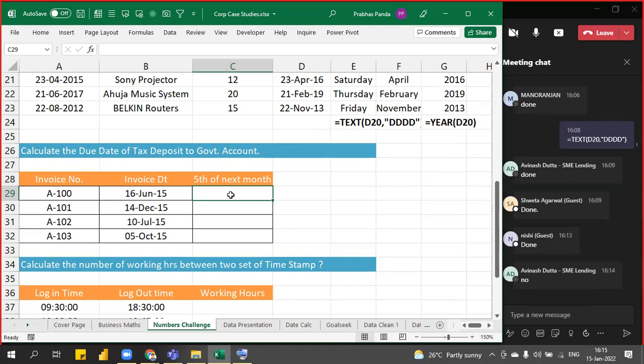So what is the date? 5th of next month. 16th June, it is 5th July 2015. 14 December 2015, if it is the invoice date, what is the due date then? 5th January 2016. 10th July 2015, if it is the invoice date, then 5th August 2015 ideally should be my due date. So likewise, I need to find out my due dates so that I can make the payment of